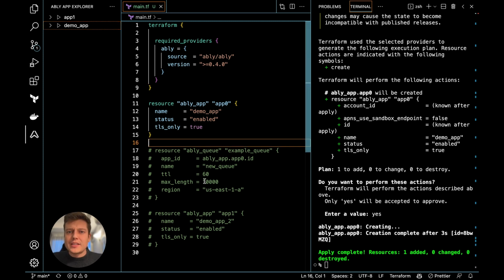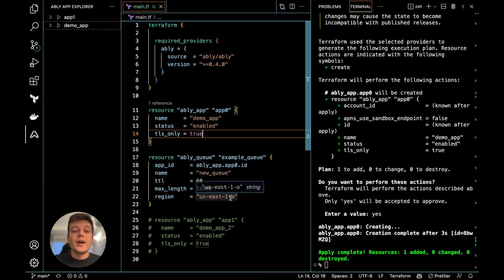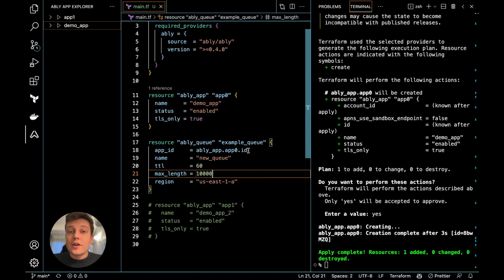Now, let's imagine you want to provision something more sophisticated. For example, you want to add an Ably queue into this new app. And it's also very straightforward. You just write a configuration for this queue, which is name, some additional parameters. So Ably Terraform Provider supports all the configuration options that are available via the Web Dashboard UI, also to be specified